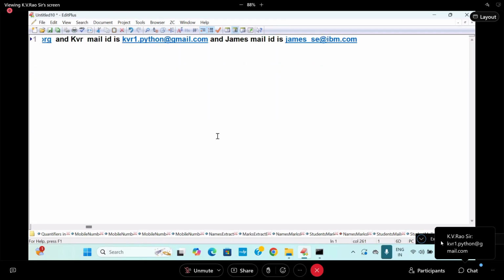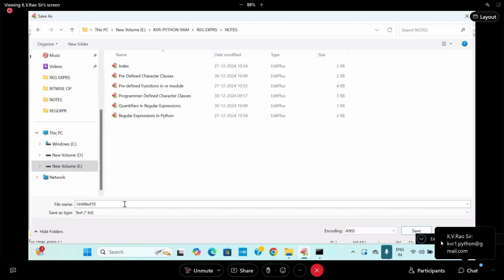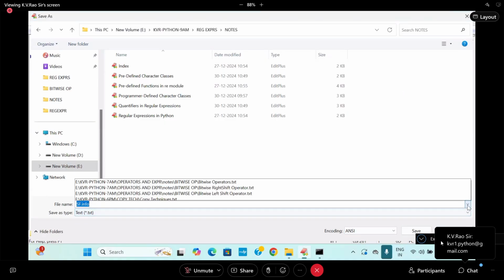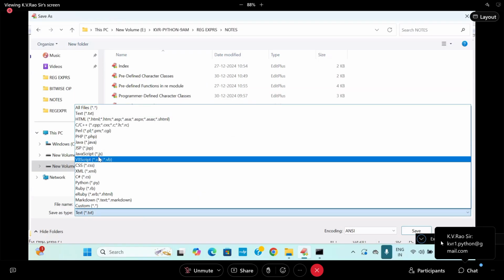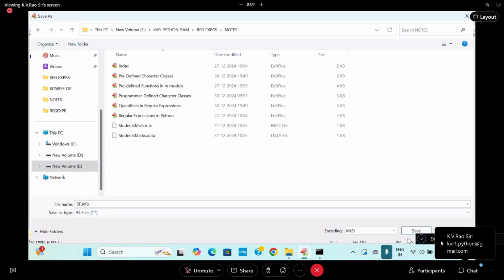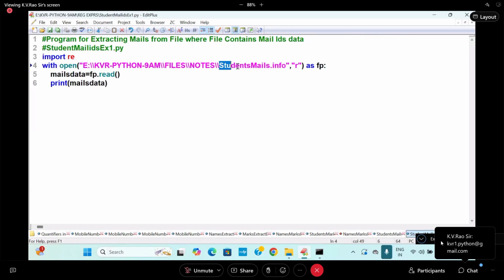Regular expression, no. I need to go for file name. So here I will go to something like sf.info, go to all files. No, regular expression I am not applying here. I am not explaining regular expression here. I am trying to go for file name saving. Folder name also saved it. I named it regular expression notes. So go to this place. Here I am writing